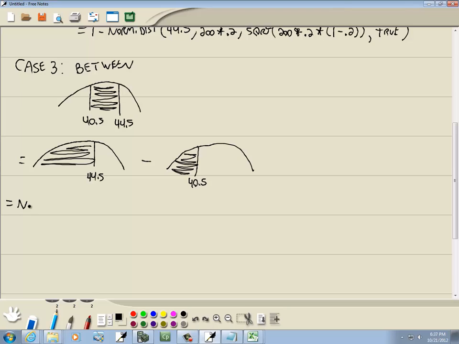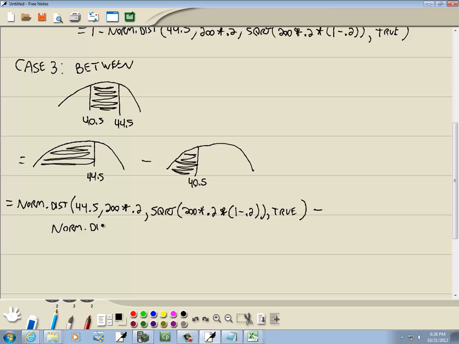So we're going to do equals, and this first one is NORM.DIST, beginning parentheses 44.5, comma, n times p, this is our mean, so we got 200 times 0.2, comma, square root, beginning parentheses 200 times 0.2 times 1 minus 0.2, closing parentheses on 1 minus 0.2, closing parentheses on square root, comma, TRUE, closing parentheses on NORM.DIST, then minus, and I'll do the next one right below it here,